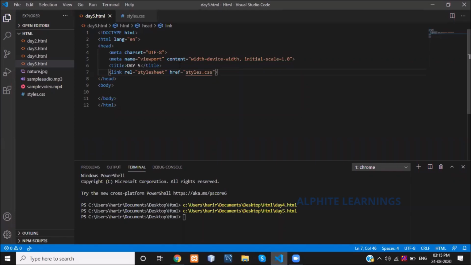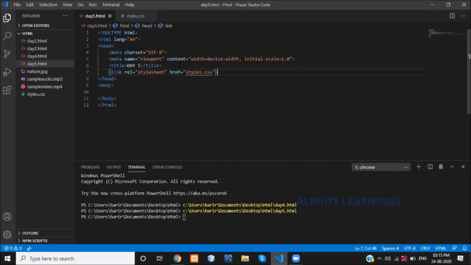You guys will have a query: where is the closing tag? As I said, HTML is defined into two different tags. One is the paired tag, another one is the unpaired tag. This is the unpaired tag specification. It does not need any closing tag. This is the second unpaired tag. The first unpaired tag we saw was BR, break. BR is enough to give a break between two lines. The second is link, which also does not need a closing tag.